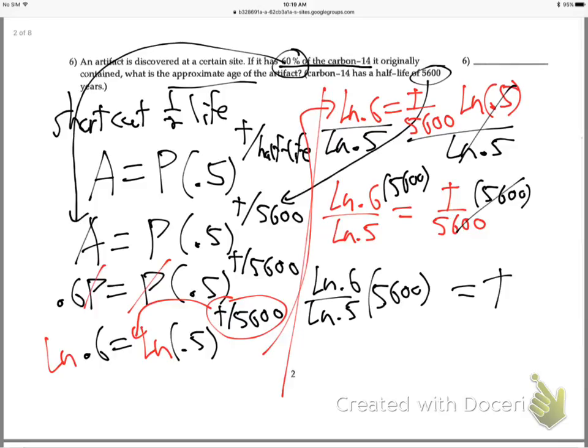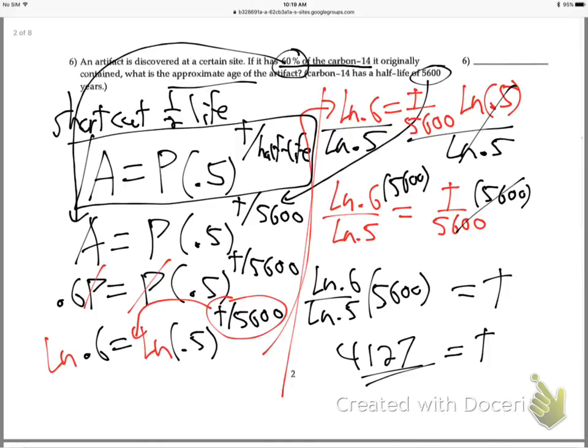Yeah, I believe that's right? What's the answer there? 4,127. Is that the answer on the key? Is that what it says at the back there? Make sure I didn't give you the wrong shortcut formula. That's it? Good. All right. Don't need to take back anything. So yeah, use this shortcut